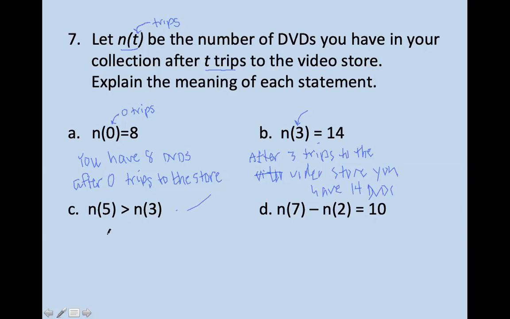All right, so this time we have something being greater than another. So remember, this inside part is the number of trips. So this would be something like you have more DVDs